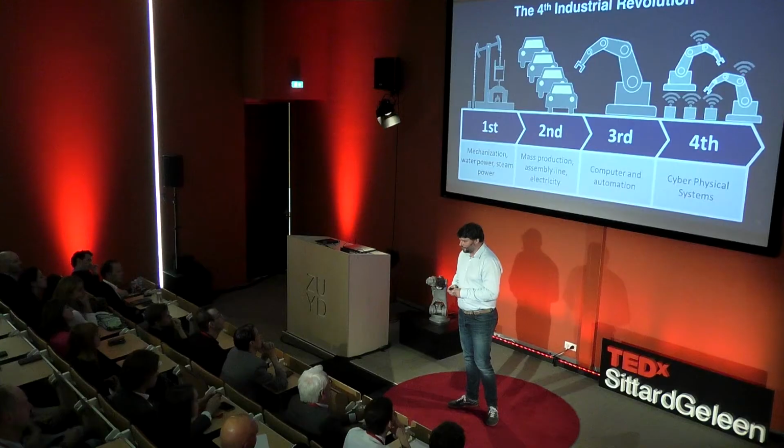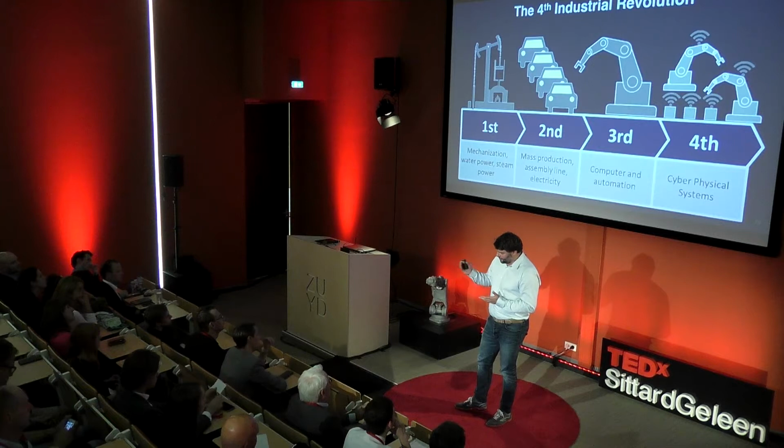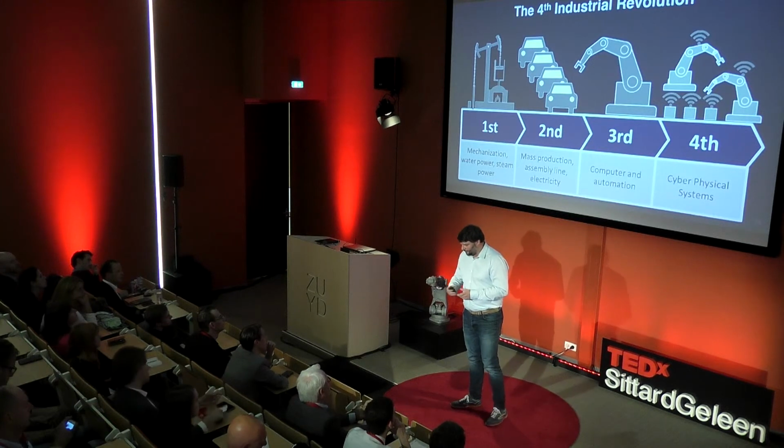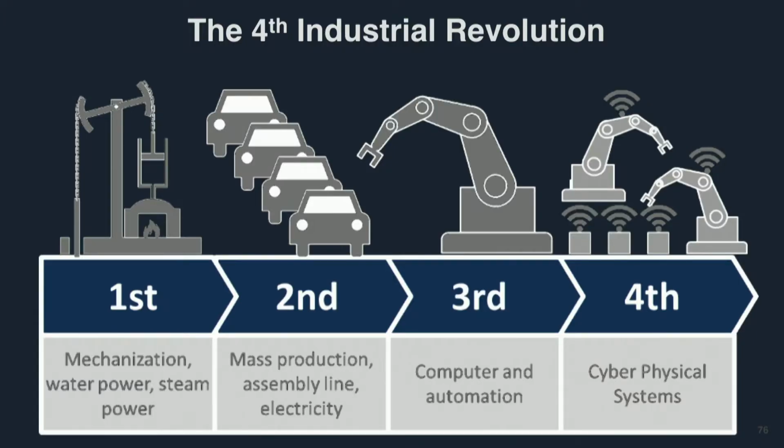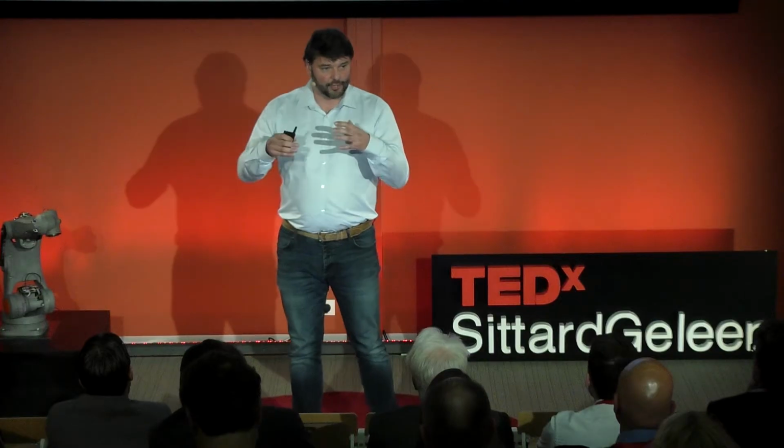So we need some kind of revolution for that. And we're kind of at the start of this next revolution that's called Industry 4.0 in Germany, and it's called Smart Industry here in the Netherlands. This fourth industrial revolution came from way back when we mechanized production, then we switched to mass production, then we used computers to automate things even further, and now we connect all these things together to end up with